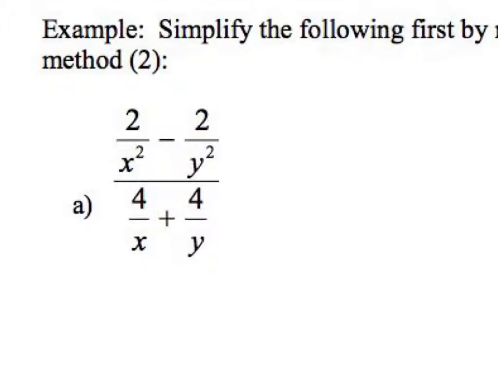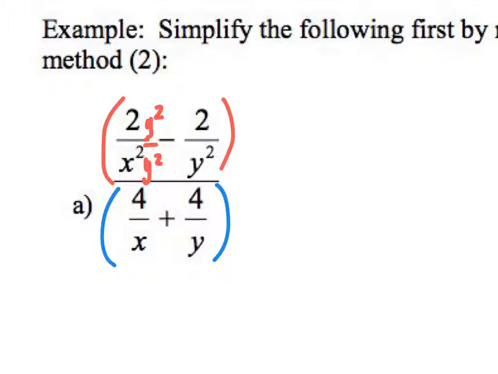Now, what I want you to realize is that you have a numerator and you have a denominator, okay? And I need to get a single fraction in my numerator. Now, what I'm going to do is I need to get a common denominator. The common denominator between x squared and y squared is going to be x squared times y squared, all right? So the rule of thumb is to just multiply the other denominator by the other fraction. So I'm going to do that over here. I'm going to multiply this by y squared over y squared. I'm going to multiply this by x squared